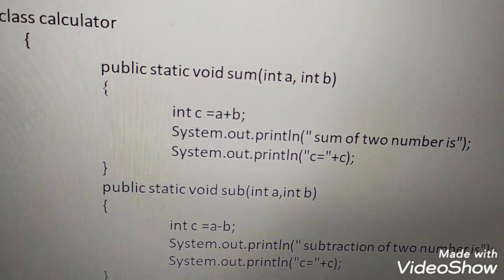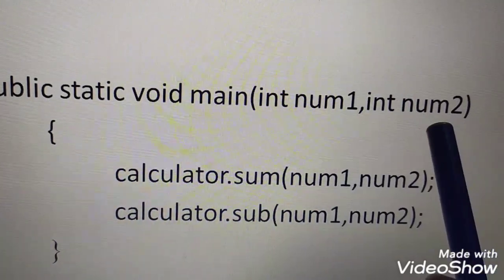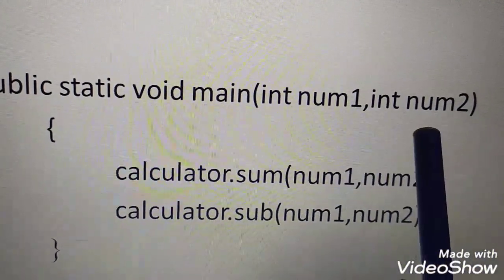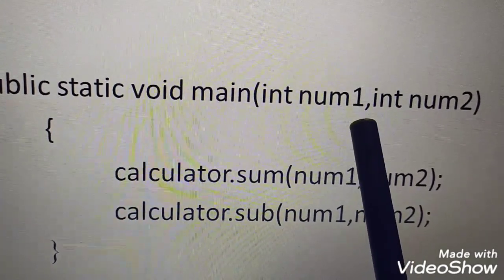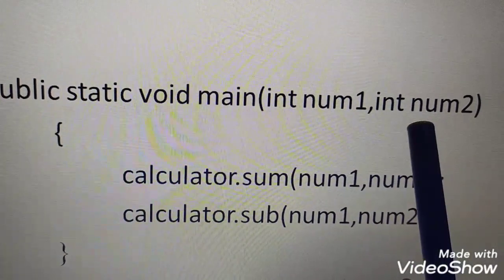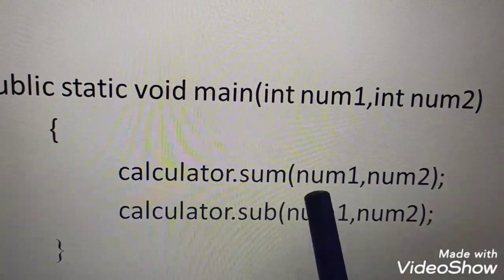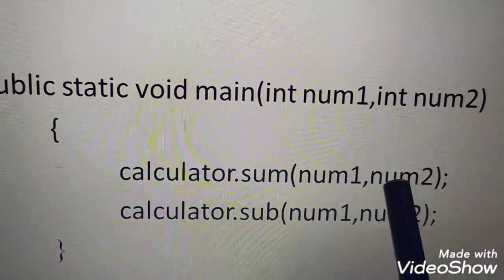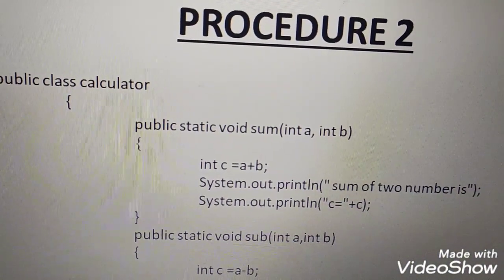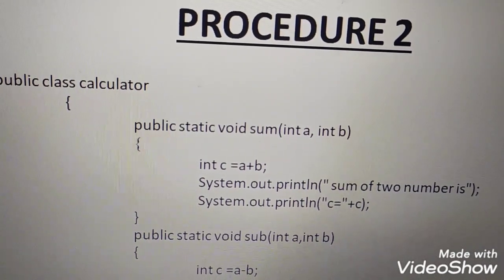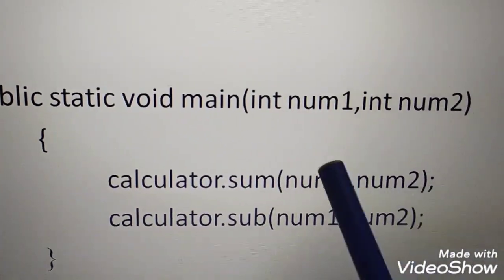Okay, now comes to the main function again. Here in the main method, int num1 and num2 are written. All of you are acquainted with this line because you have already executed or written certain types of programs in class 9th. So num1 and num2 values will be input by the user from the keyboard. Those two values will be written here, num1 and num2, and these two values will go to the sum method, a and b. Now already in the previous video I explained why we have written a and b instead of writing num1 and num2. You see here it is written num1 and num2.